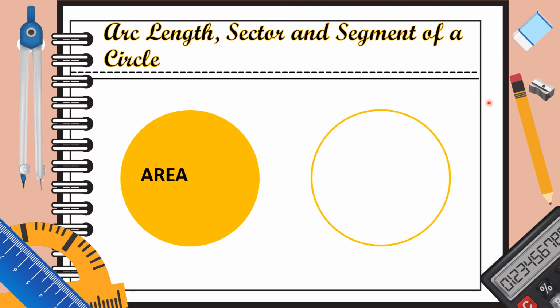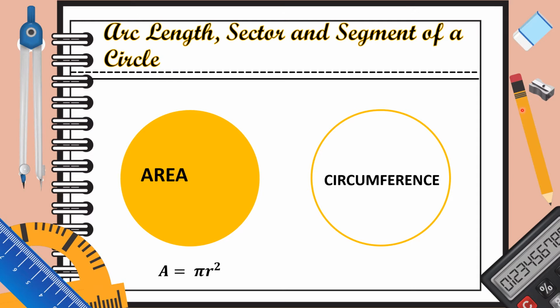Pero kapag ang ating circle, ang kinukuha nating measurement ay yung paikot na portion niya, yan ay tinatawag natin as circumference. Kapag nakuha tayo ng arc length, sector, and segment ng isang circle, kailangan natin yung concept about area and circumference of a circle. Ang formula for area of a circle is